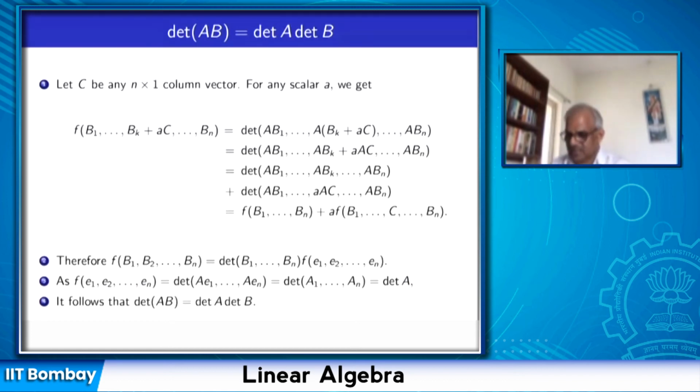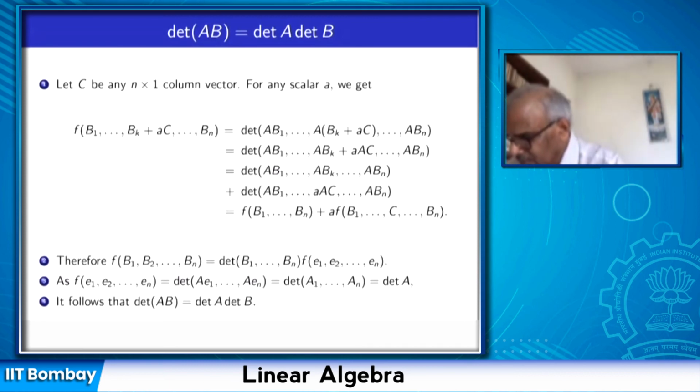I simply constructed a function which is multilinear alternating, and used that this multilinear alternating function is a scalar multiple of the determinant function. And then I used the formula for f to find out its value on the identity matrix. That turned out to be determinant of A, and that gives me determinant of A times B is determinant of A times determinant of B. So